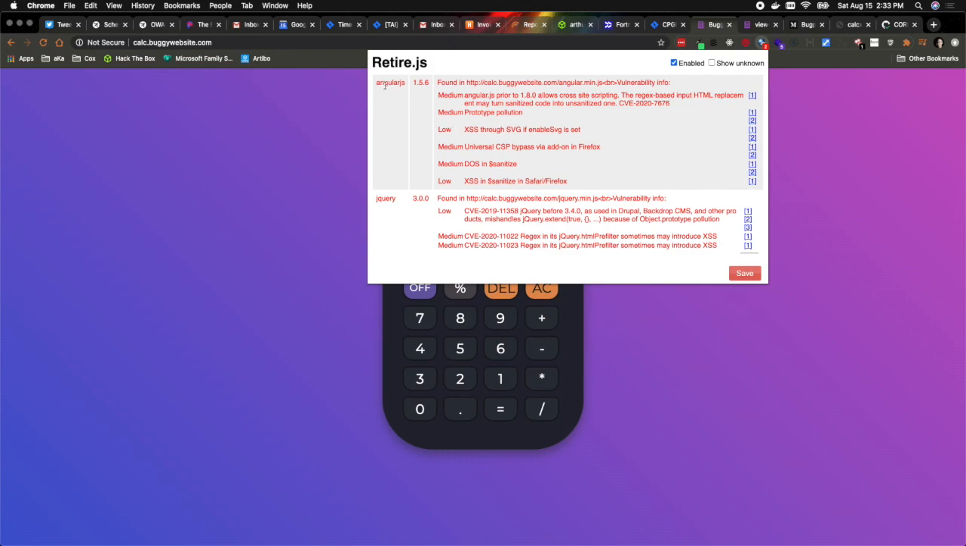So we can tell we're using AngularJS version 1.5.6, jQuery version 3, and we have links to all sorts of CVEs, known vulnerabilities that have been reported against these particular versions of AngularJS and jQuery. Now, I'm not going to pivot to read any of these here, but if you were to do some research on this particular version of AngularJS, you would find that it is susceptible to cross-site scripting attacks, specifically